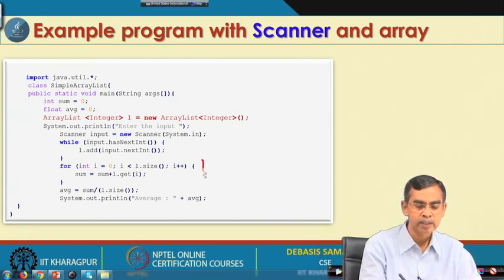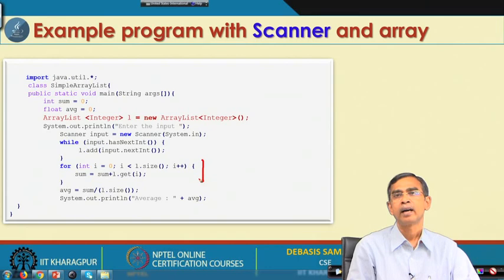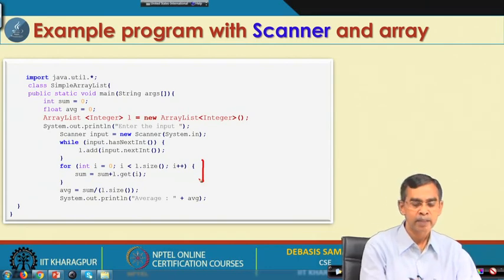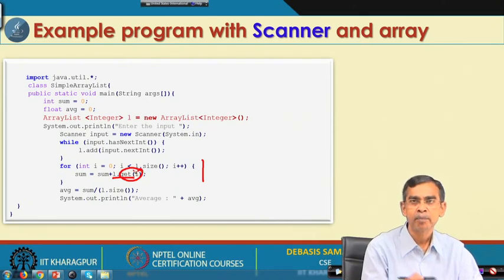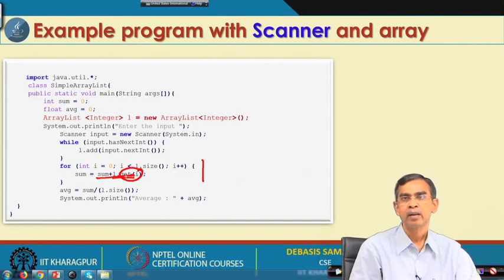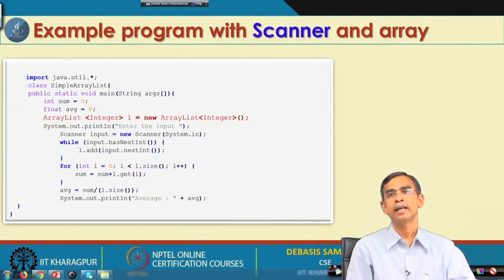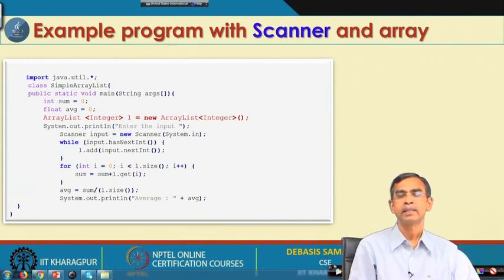For example, here you see we simply read each number from the array L using the get method, which reads one number from the array at a time, and then find the total of all the array numbers, and this calculates the average. This is an example that shows how a set of numbers can be read from the keyboard, stored in an array, and then the array can be used to process something, for example, how to calculate the average here.